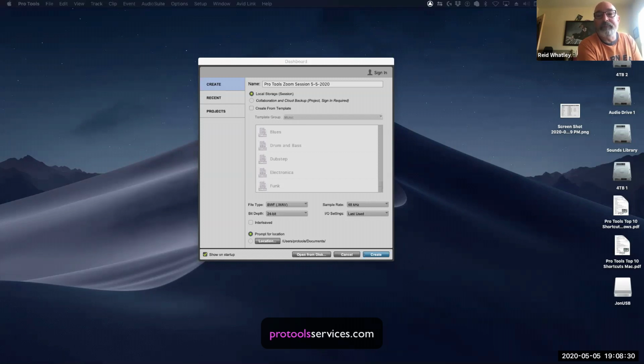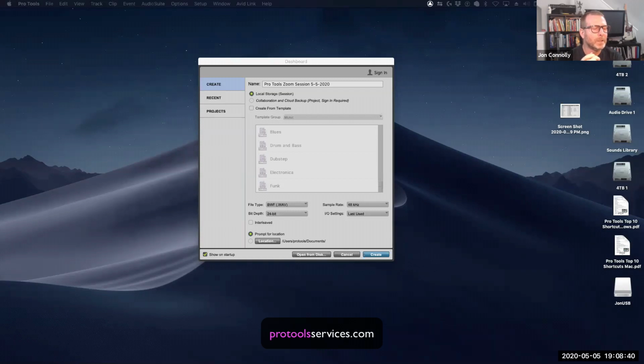Right. Yeah. So since a project is cloud-based, if you've got shaky internet, it might impact your ability to use those. You can always convert it from a project to a session, or later on, if you've created a local session and you decide you want to collaborate with somebody, it's easy to move it into a project. So you can always do that at any point. But for the most part, I would agree. I create local sessions until I know that I want to work with somebody via this Pro Tools cloud collaboration.